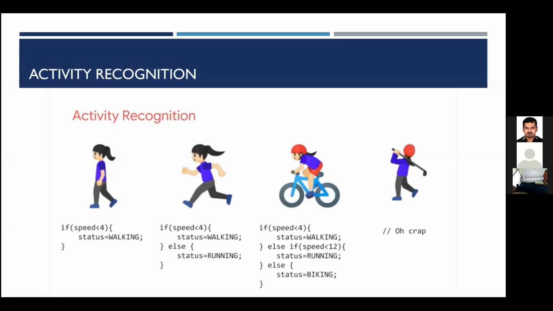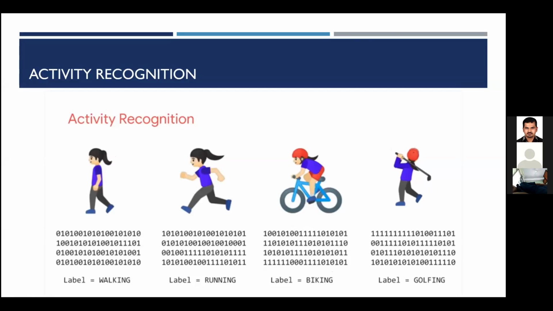So you come to the end of yourself, you come to the end of traditional programming, you see the limitation of traditional programming, and that is why you need machine learning or deep learning. That is why, instead of this, you go for a different approach. You feed the neural network with thousands of images of a person walking, and then you label it. The image contains a lot of data, and you're just feeding the neural network with those data and a label saying that this is walking.